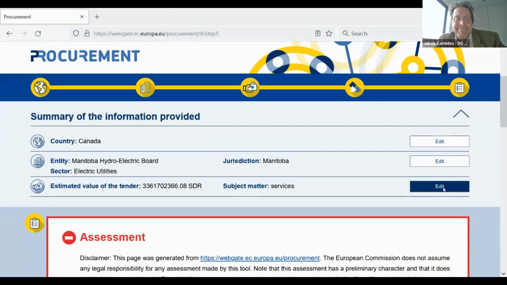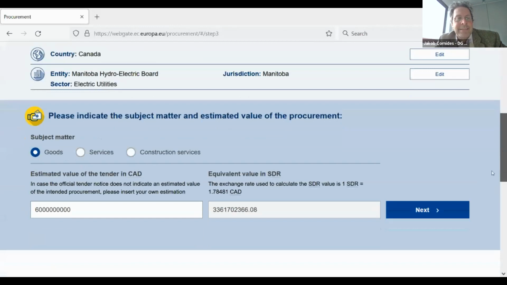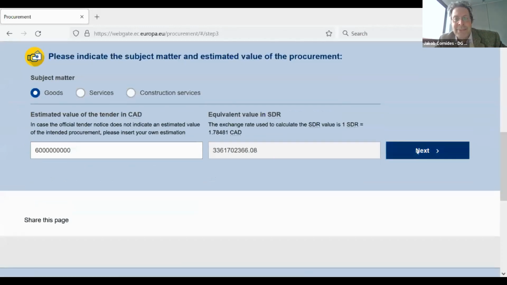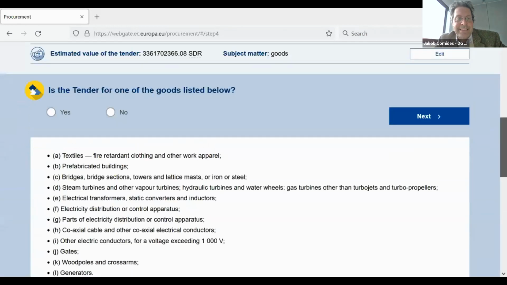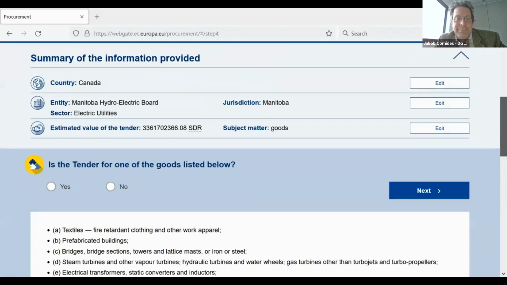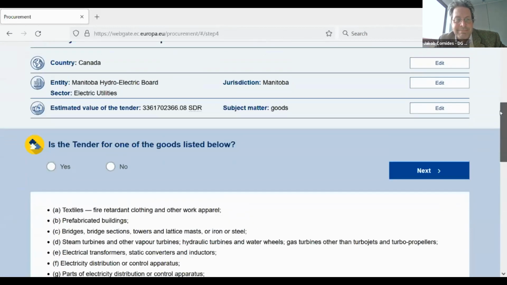But in fact, maybe I made a little mistake. It was not services that they wanted to buy. I must have misread the tender notice, or maybe I have misclicked here on this page, but this time I got it right. They are buying goods. So next step, and here you see that what happens is that I get a follow-up question.